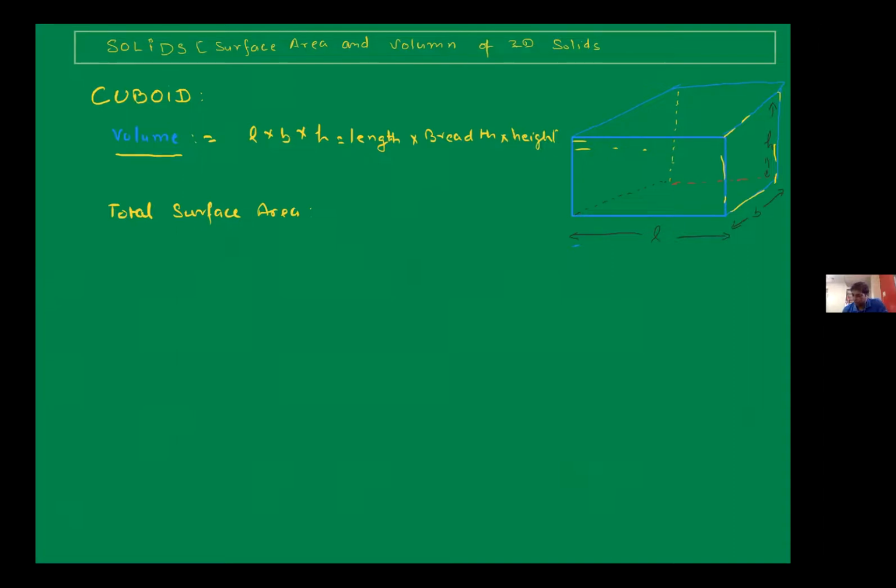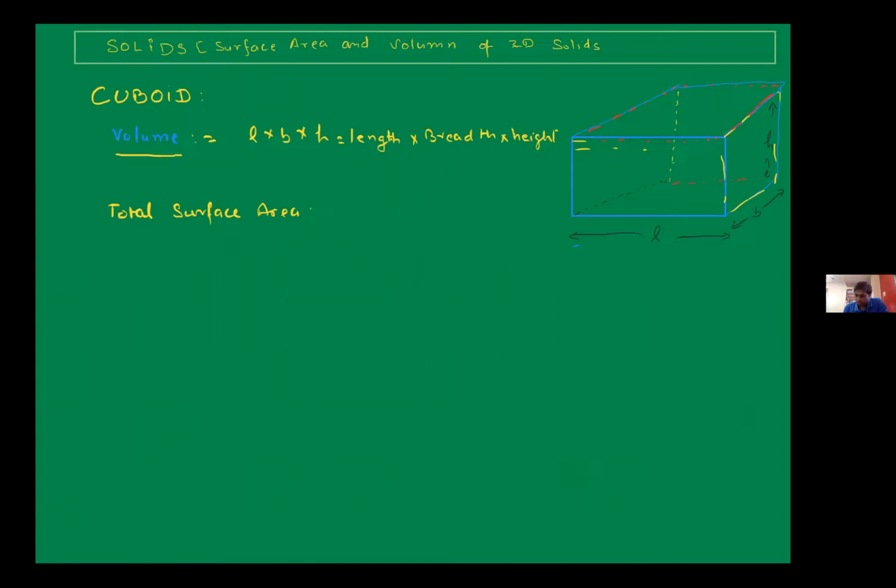So here it will be the h into b area of this rectangle. This is nothing but the rectangle, each and every face. Then on the top also, if you see it here, this is one face, and opposite to this the bottom also has a similar rectangle. So what will this be? It will be h into l. So the bottom will also be h into l, so 2 times h into l. Similar way 2 times l into b, 2 times b into h.